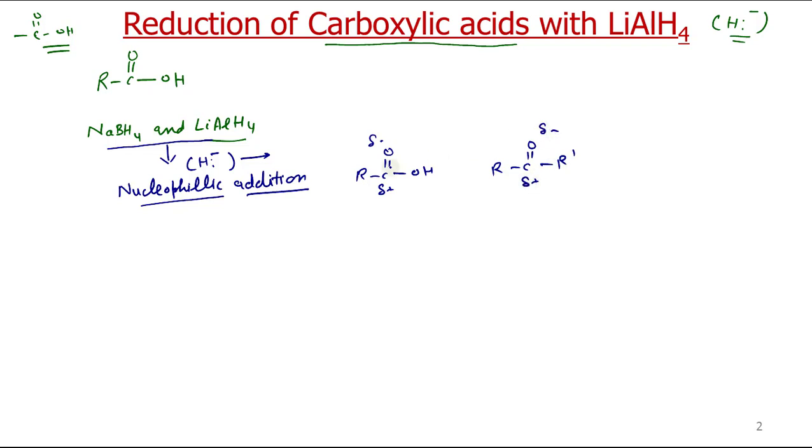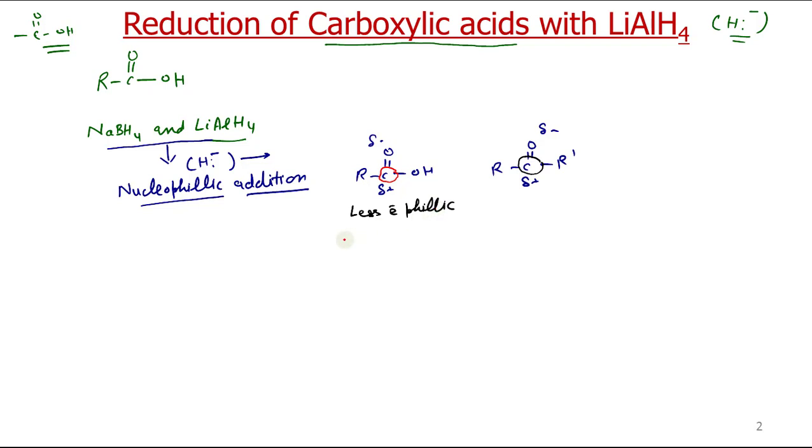Now this carbon in carboxylic acids, compared to the carbon of aldehydes and ketones, is less electrophilic. That means the rate of nucleophilic addition reaction is quite less for carboxylic acids,